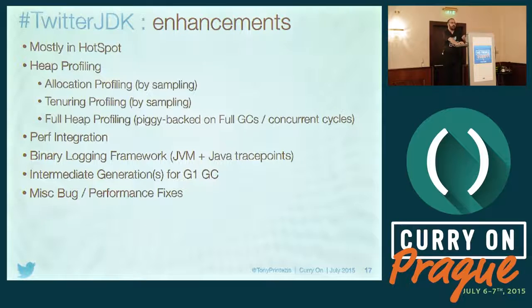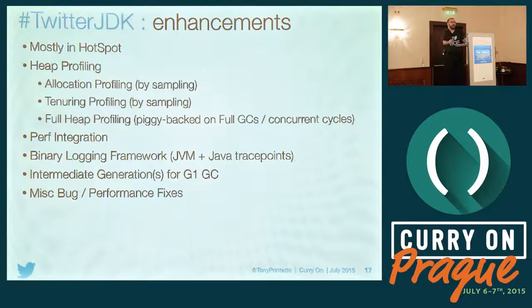One of the challenges I will talk about a little bit later is trying to find out what's going on in the heap, what's being allocated, what's being retained by the garbage collector, et cetera. So we added a lot of profiling, a lot of it by sampling to keep the overhead low, in order to have a running profile for services that need it of what's being allocated, like a class histogram, for example. And then what's being retained by the young collector, that's called the tenuring profile, what's being promoted by the young collector.